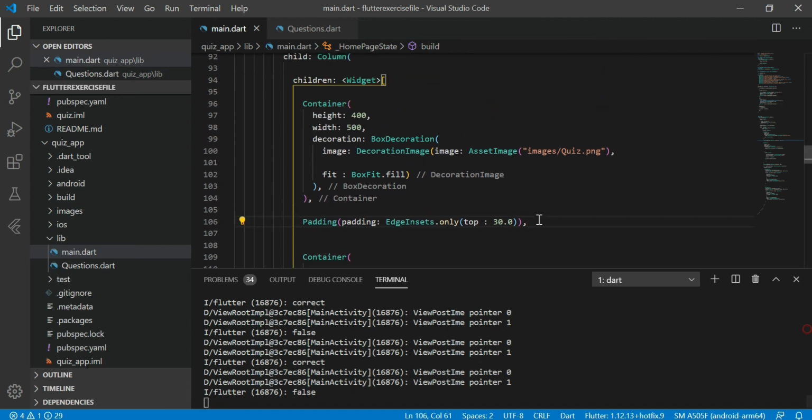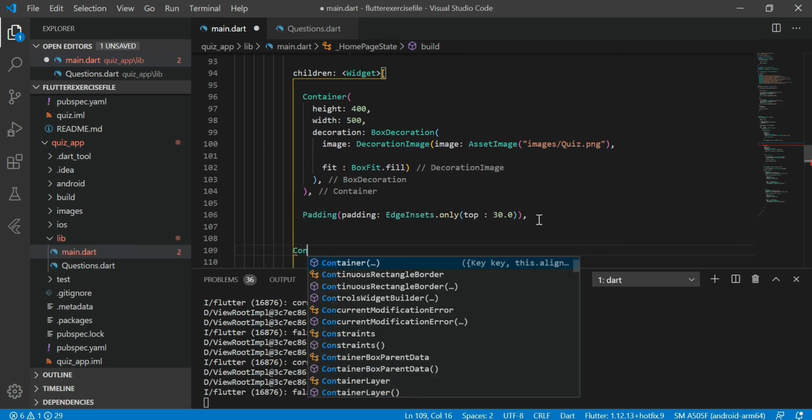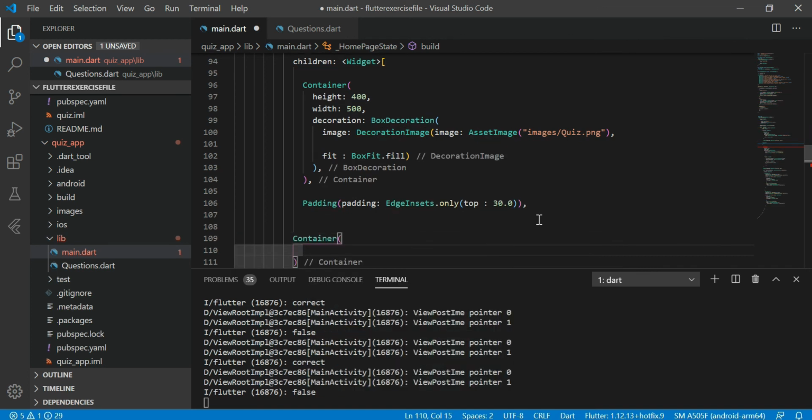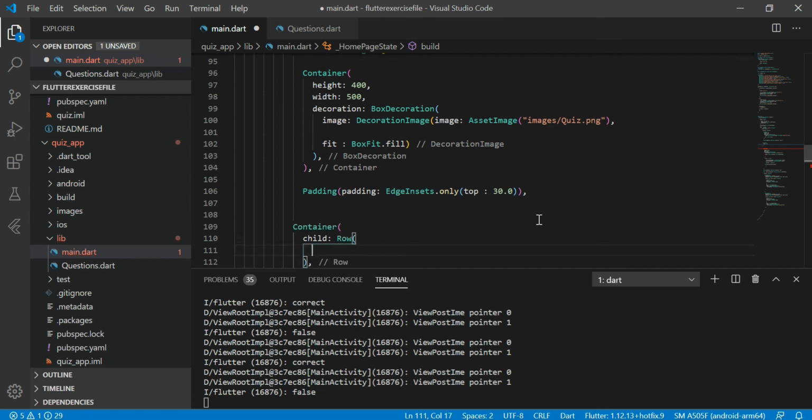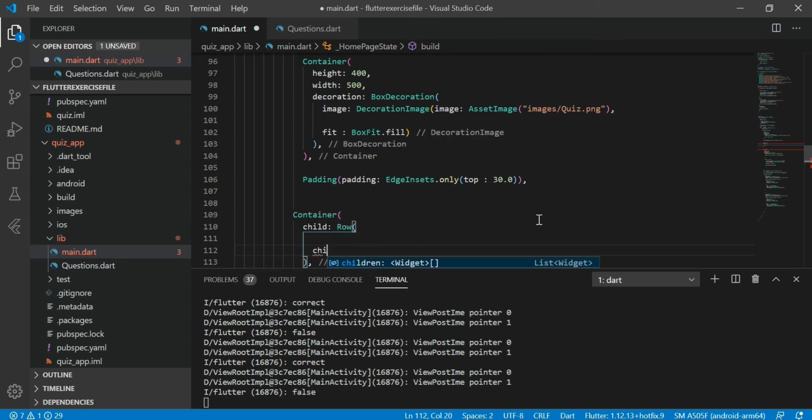Now let's give a score and reset button. For this we are going to use another container, and inside the container we are using a row, because we need these two, score and reset button, in a row. That's why I'm using row here.